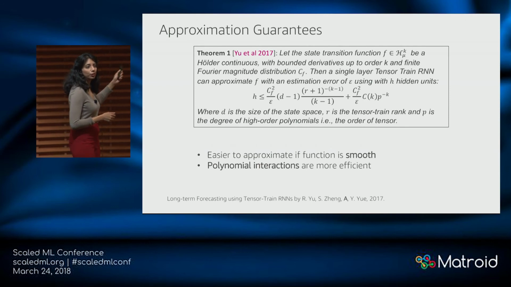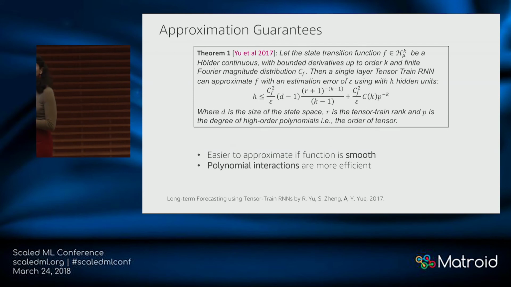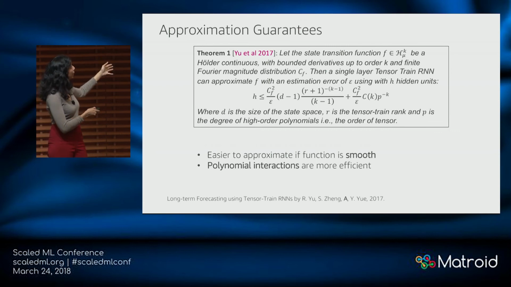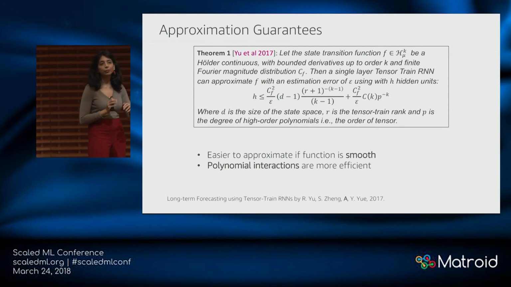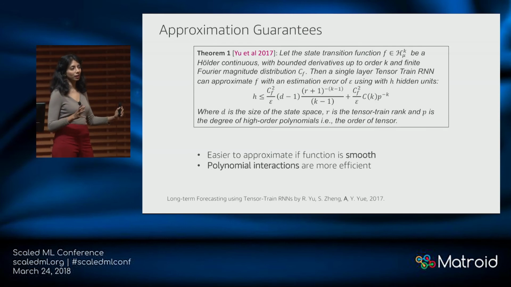I won't go into this result, but it turns out that tensor train RNNs have a universal approximation result of finite order. So for any given rank of the tensor train and given number of hidden parameters, you can tell what is the approximation error, and you can specify how that depends on the smoothness of the function and the order of the polynomial interactions we are using in our system. And no such result exists for recurrent neural networks because they don't have this property of universal approximability given a finite order network.